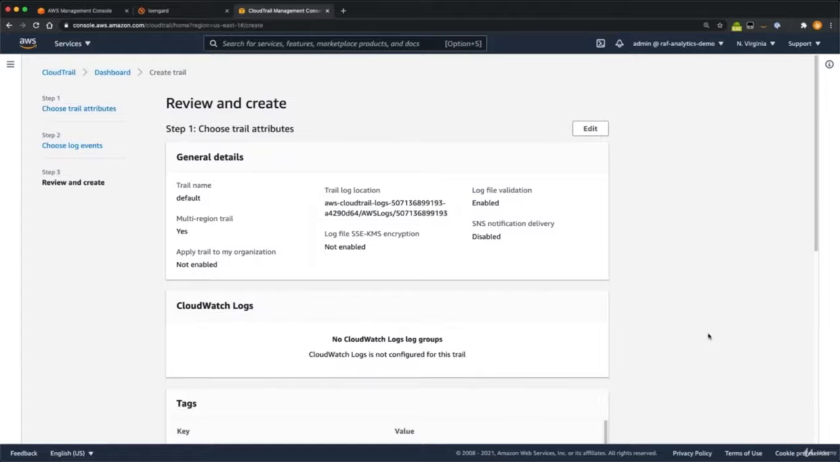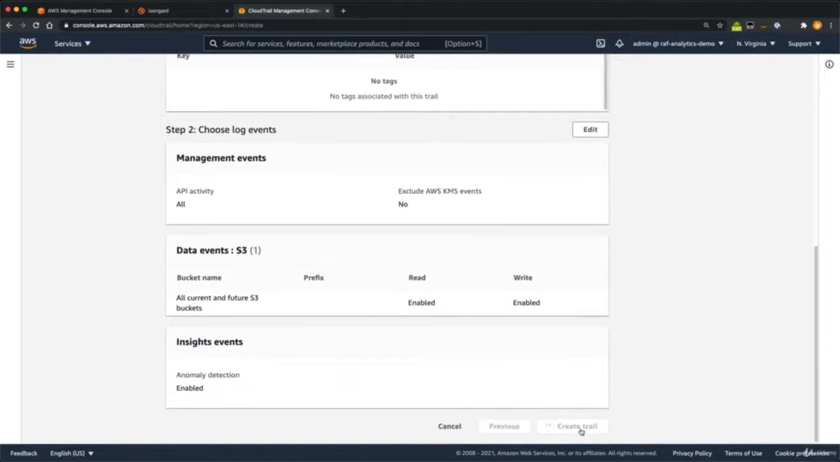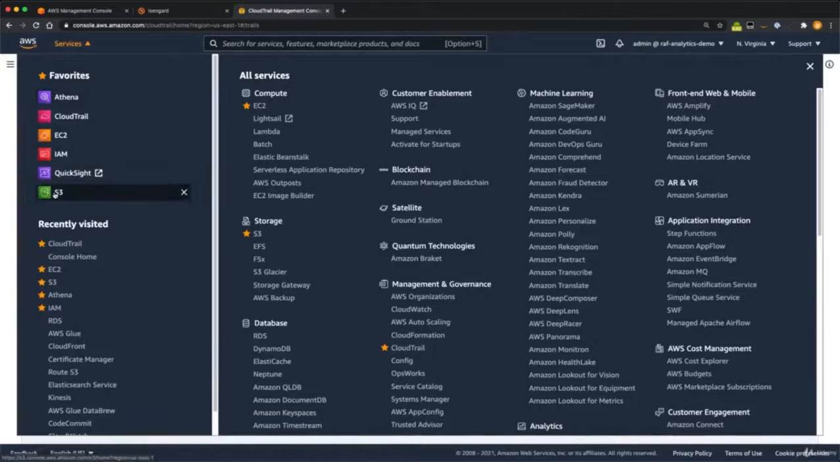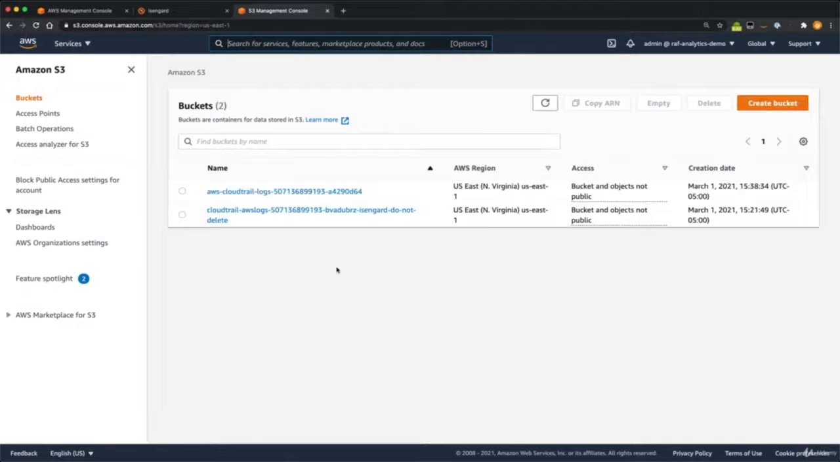And then next, I review everything, create trail. So this is the trail that I just created, and it will be logged in this specific S3 bucket. Pretty simple. If I go to S3, I will see that bucket, and then CloudTrail will start adding files into that bucket, right? So this is the bucket I just created, and you notice that you can create multiple trails